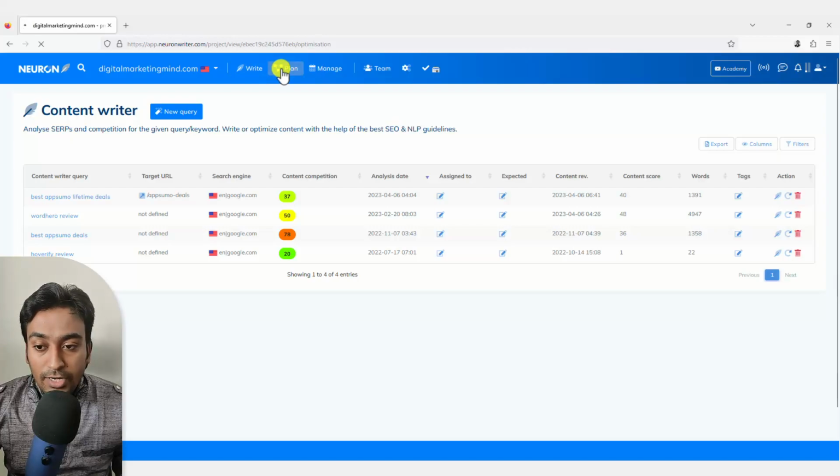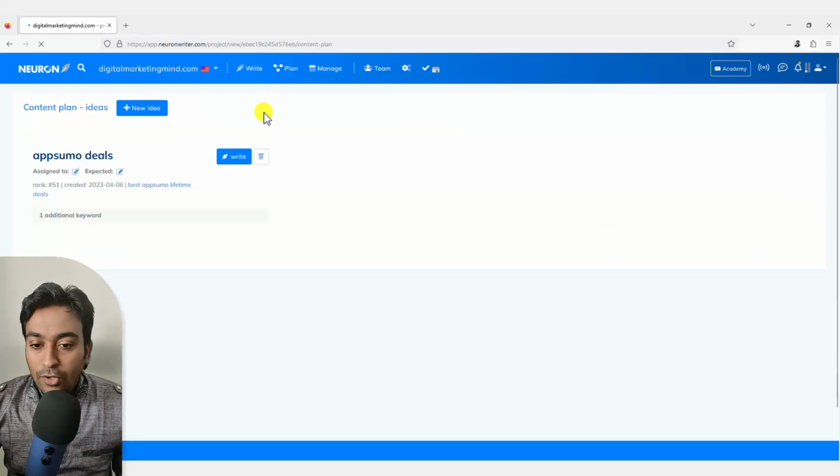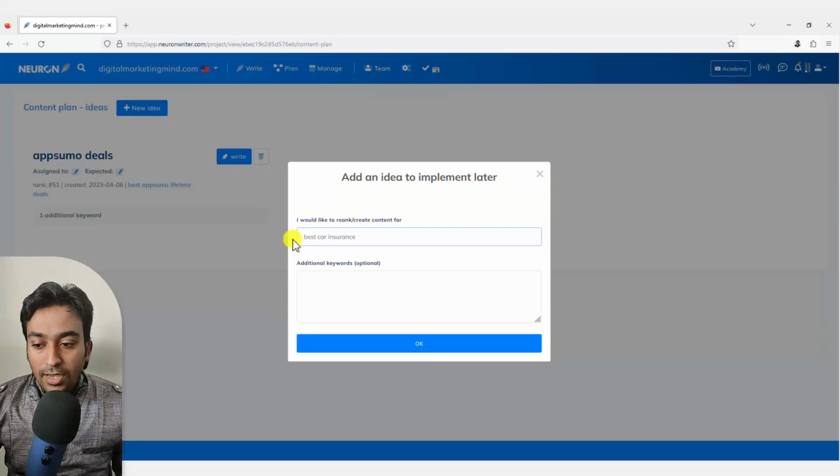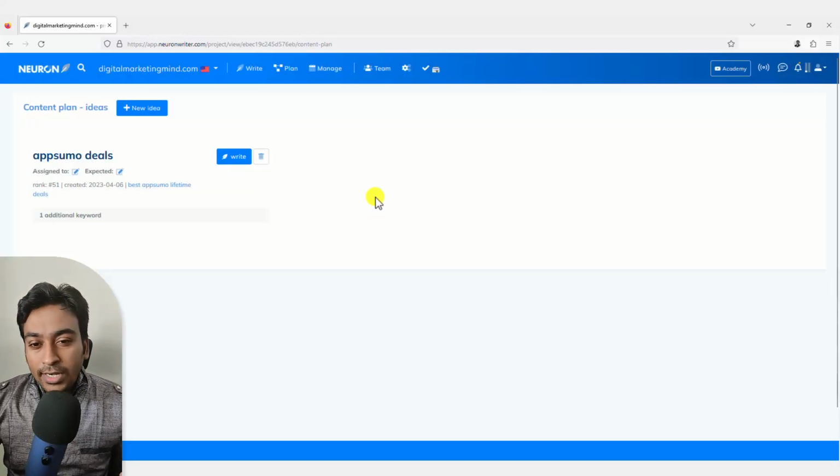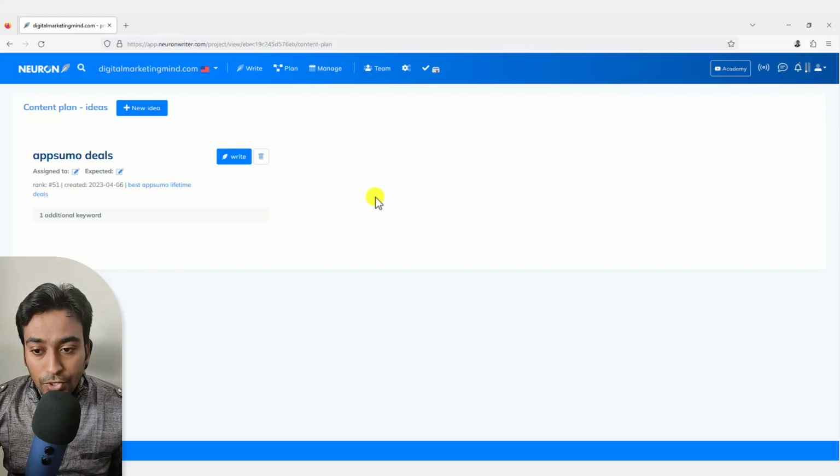Now, when we take a look at Plan, this is where you can plan your content ideas. For example, it shows me the content ideas I have planned. I can go and write it, and I can assign it to someone. If you have a new idea while you're brainstorming your content, you just make a note of it and add the additional keywords, and it will automatically act as a content idea organizer for you. So anytime you wish to create content, you can come into this and click on Write, and it will start a project based on that particular idea for you. That is what Plan does.